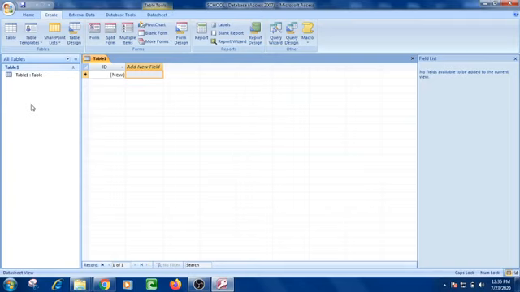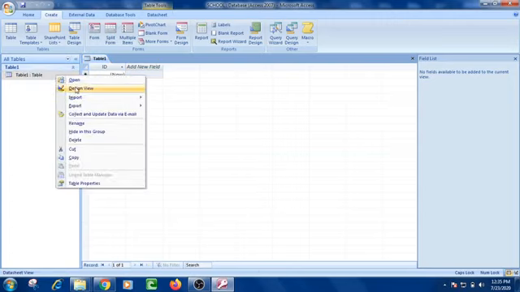Designing the table means giving different names to the fields and giving data types to the fields. To design the table, we have to right click on the Table 1 icon and select the Design View option.